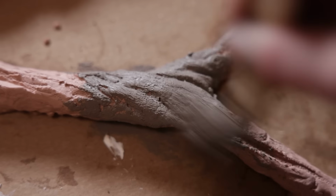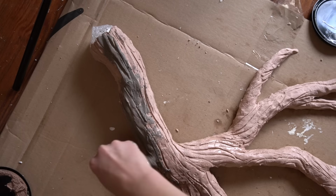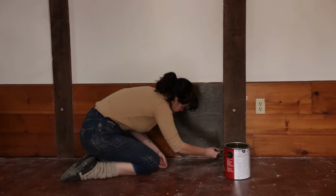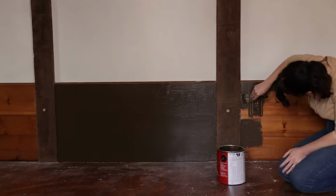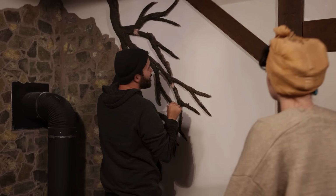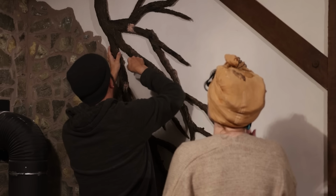I also threw some of this spackle concoction onto my tree branch because I liked the bark texture that it gave. After smacking some brown paint onto the branch, it was time to hang it, which was a true test of my marriage. Tell me. Yeah, I don't think we should drill anything through it. We just hang it on nails. So like one here, here, here. We should put something through. Look, if I...